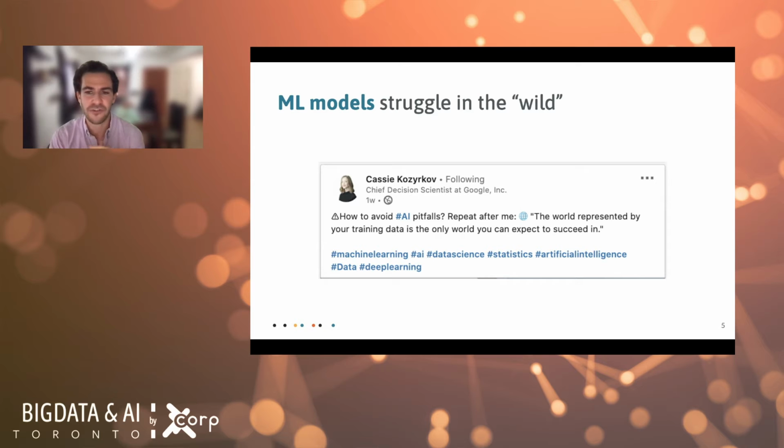There are lots of different types of changes that occur in the real world. Maybe something as big as COVID, right? Which dramatically changed people's shopping habits, their viewing habits online, the way they interact with other people, the way they interact with the world, right? But that's a very extreme example, right? Of all of a sudden, there's a massive world event.